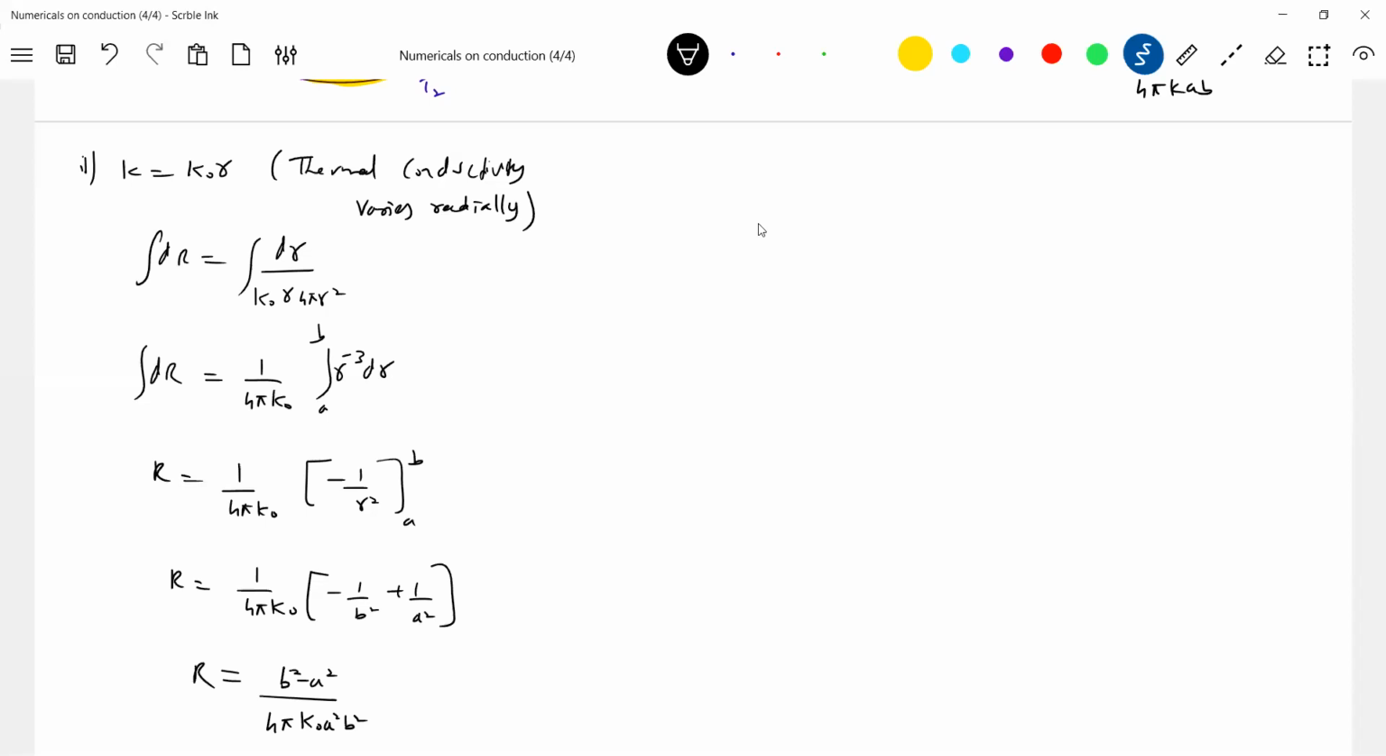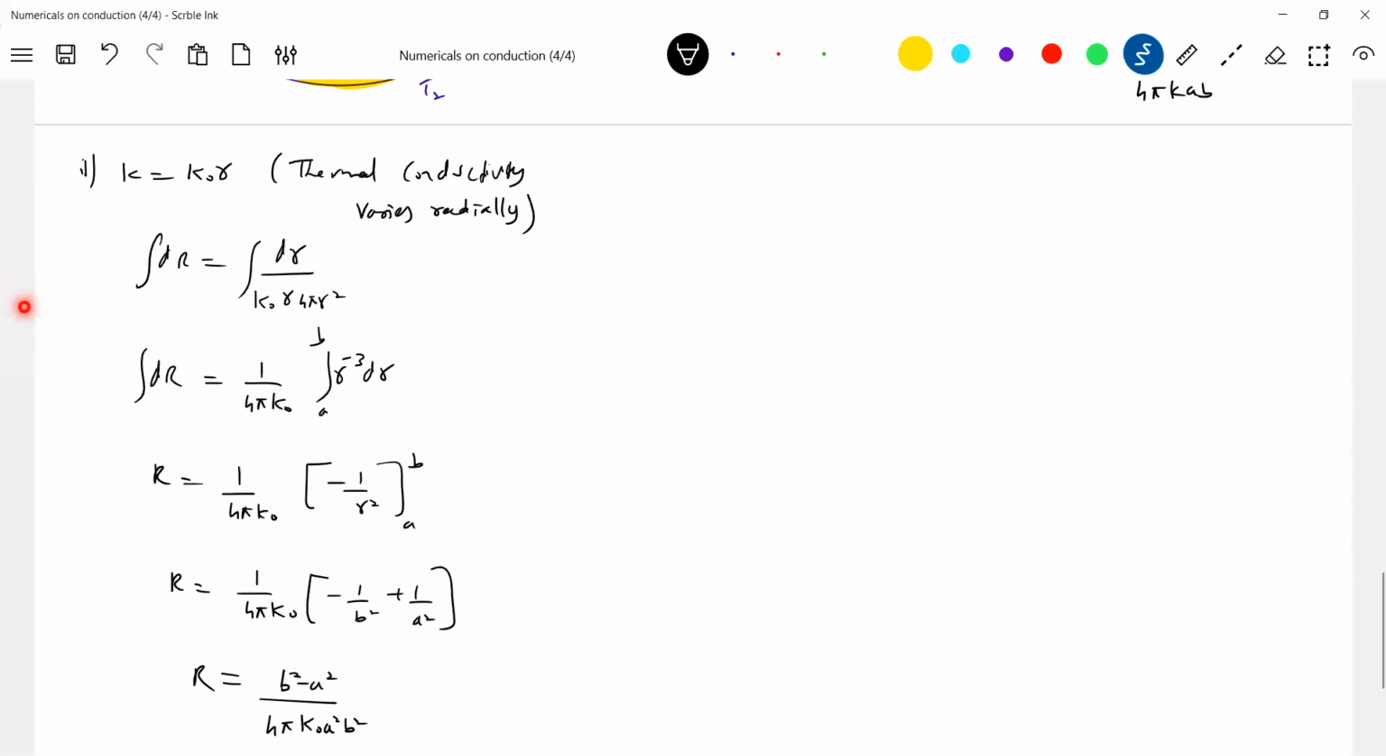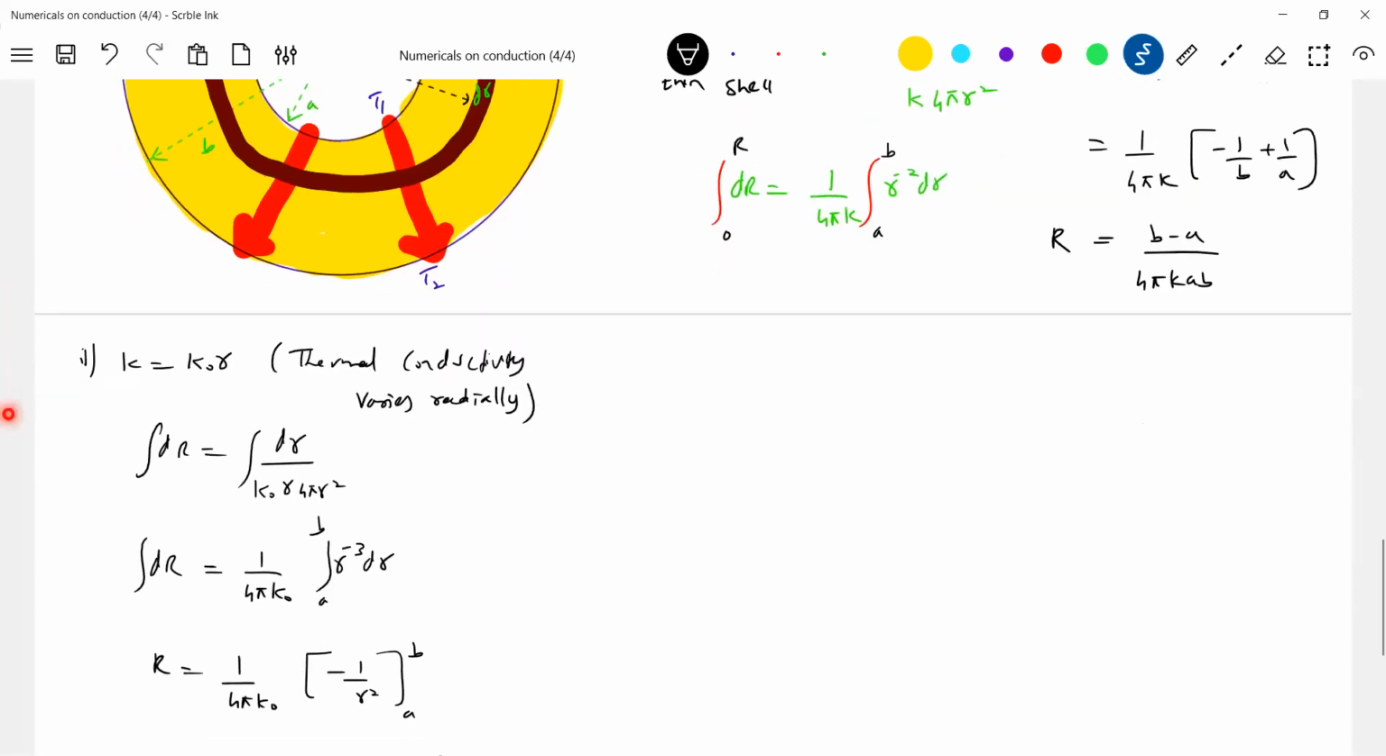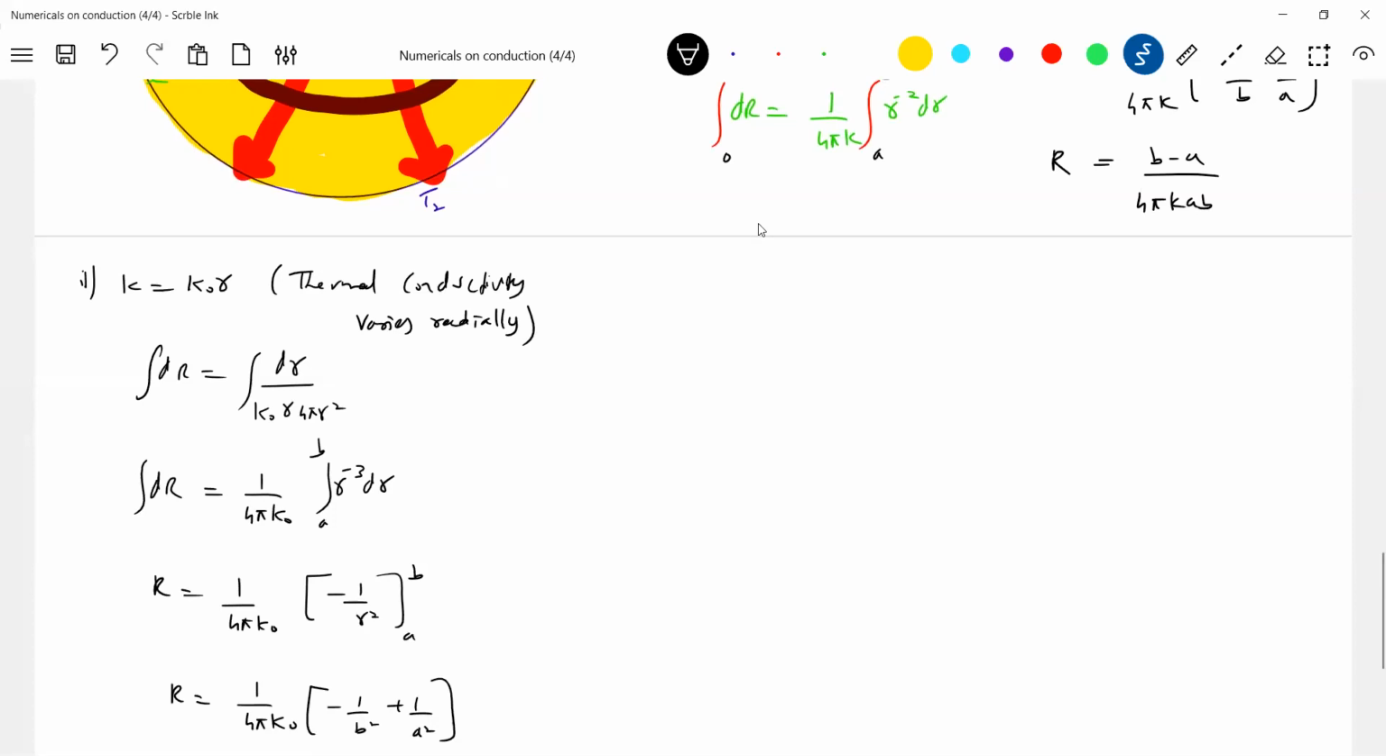Okay, are you getting the method? K can be variable also. Let it be. You can use this method. And now, sir, if k is k naught by r square, second case, let's see what conditions will come. So the limits will be dr equal to